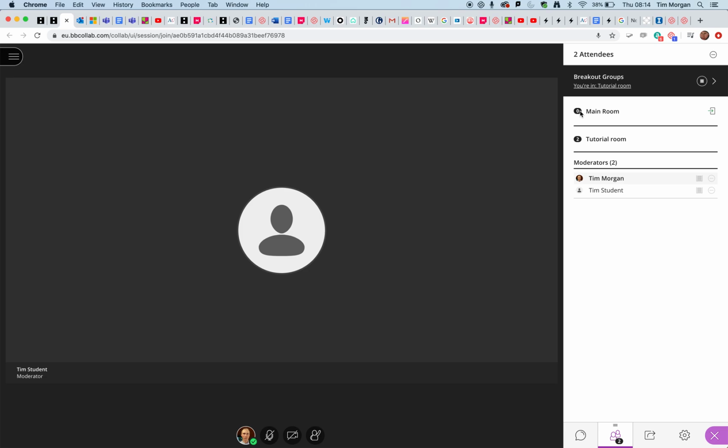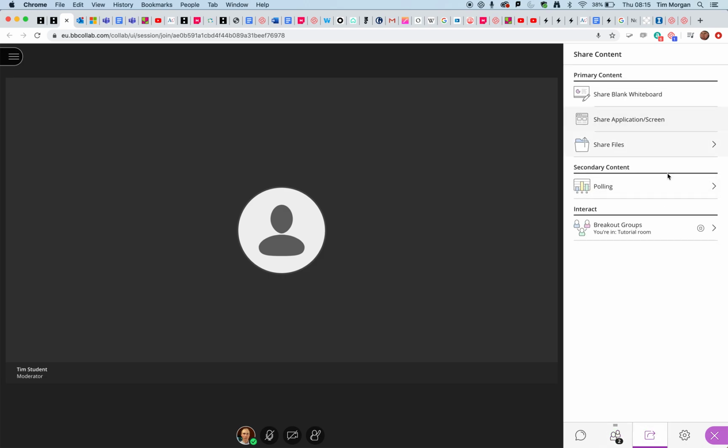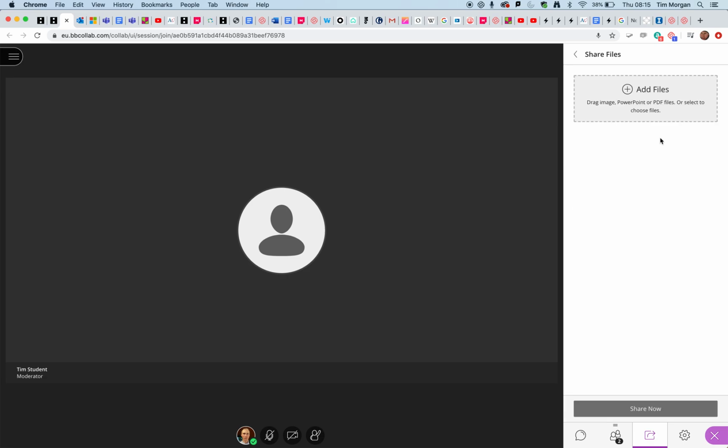That in itself could be a little bit strange for any student coming into the main room. The normal workflow is that you give all students the same link. They have different times, but some may arrive early, you may overrun. So when the student comes into the main room and doesn't see anybody there, that might be a little bit strange. As a suggestion, I'm going to go to share files